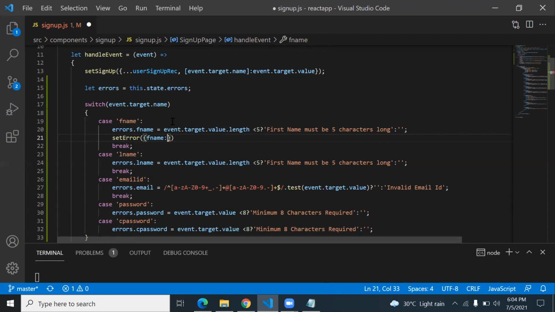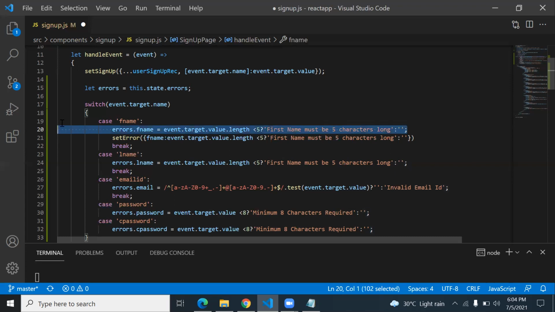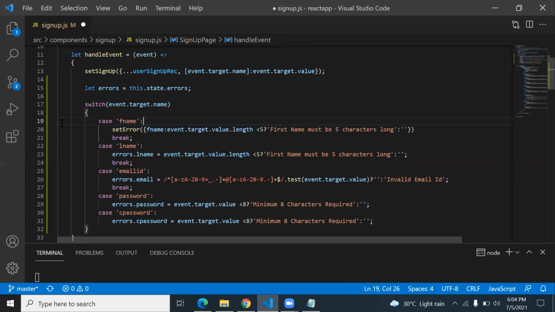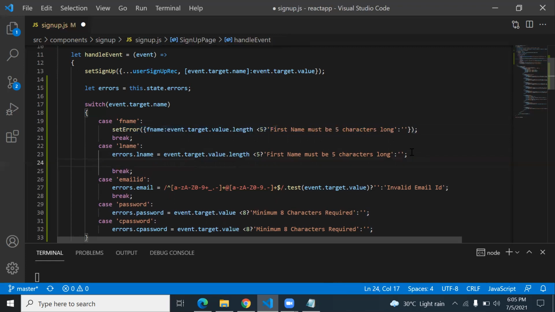So you want the value as this part. So I copy this and paste down here as a condition. So this I can now delete. This statement was a bit challenging, that's why I'm typing it later.